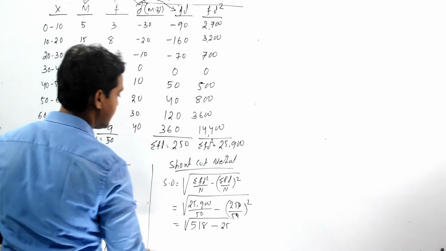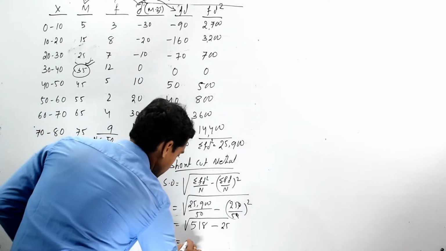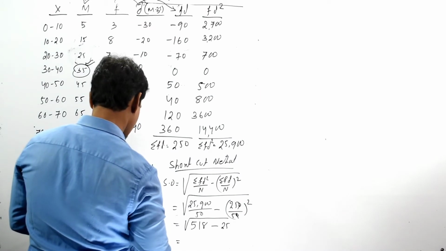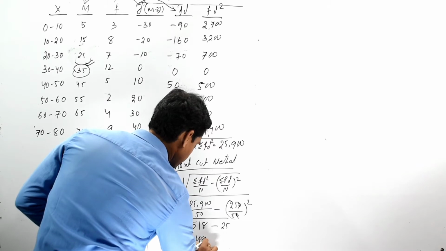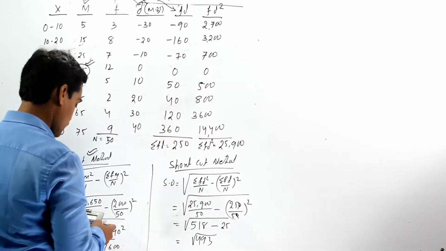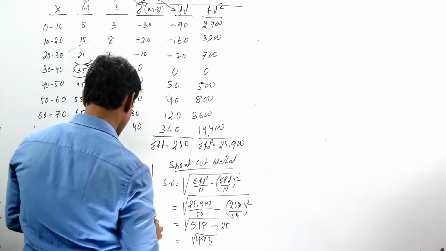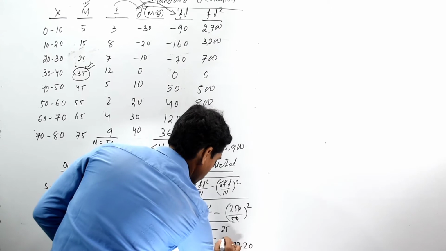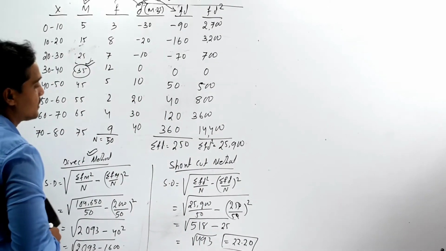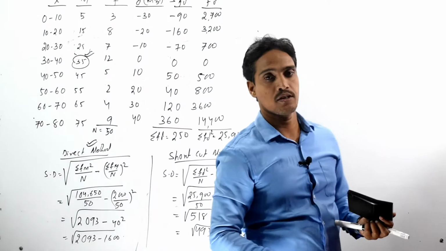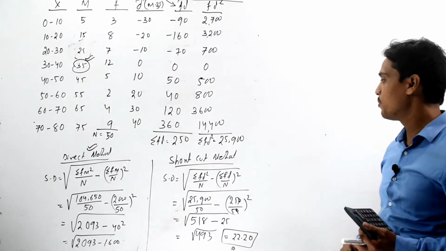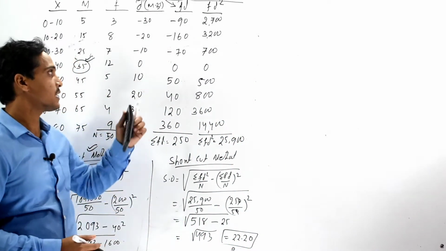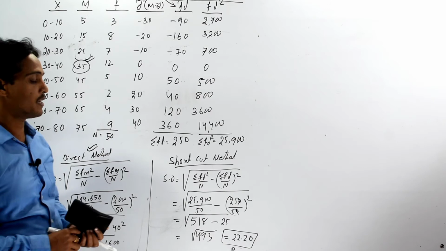So 518 minus 25's whole root over, that is 518 minus 25 equals 493's root over, that is equals 22.20. So the value of the given series by using the shortcut method is 22.20. So now we should find out the standard deviation of the given series